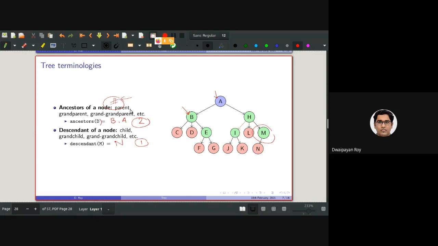We can define a similar thing in tree data structures as well. Specifically, a node P will be called a descendant of a node Q if and only if Q is an ancestor of the node P. So in this example, B is a descendant of A if and only if A is an ancestor of B. This is another way of defining this ancestor-descendant relationship.